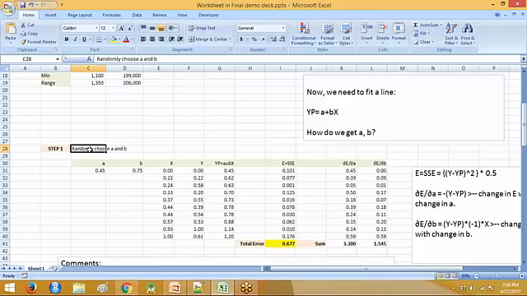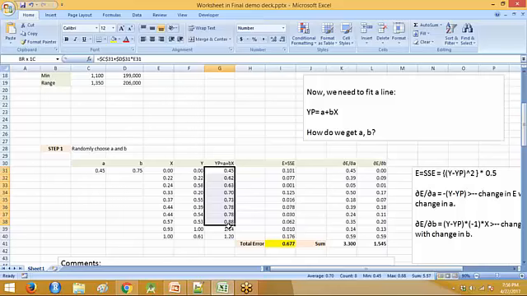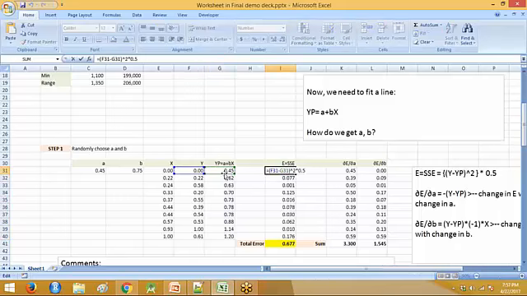We'll initially start off with random values of a and b. So in this particular case, if I randomly chose a to be 0.45 and b to be 0.75, you would notice that when I fit an equation like this, y is equal to a plus bx, this value in cell G31 translates to a, which is 0.45 plus 0.75 into 0. So that translates to 0.45, this is 0.62, and so on. And now that we came up with some prediction here based on the randomly chosen a and b values, there will be some error. And the error is nothing but the difference of these two whole square.